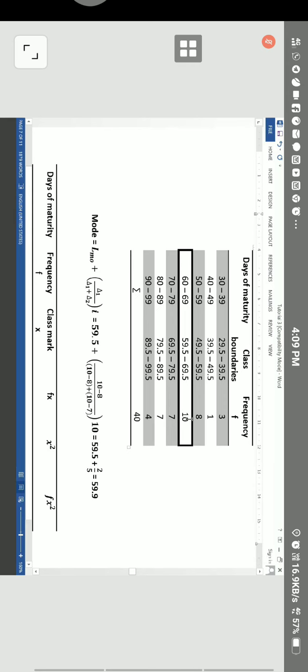Then one more thing, you have to find the class boundaries. Don't use the midpoint, you must use class boundaries. This is another thing you have to find. The class boundaries, normally you look at this 39. So the class boundary can normally be used like this. 69 is your upper